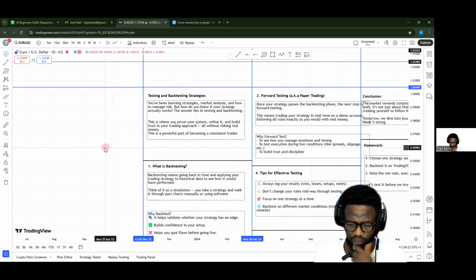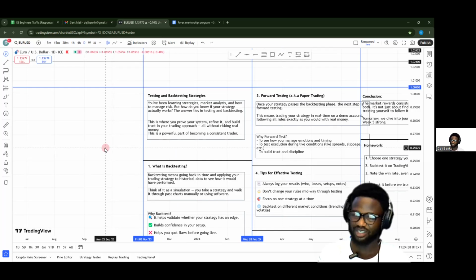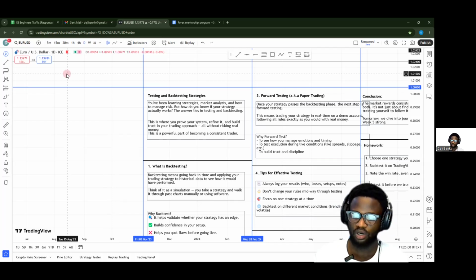Now, one of the advice that I got when I started trading forex from a friend that had been in the market before me, well, looking back now, I wouldn't say it was a bad advice. It has its good part and also has its bad part. It told me not to stay on demo trading for too long. Might be a good thing, but I needed that demo season to really understand a strategy. I didn't really understand the strategy back then, but now you're opportune to understand what strategies are and how to develop them.